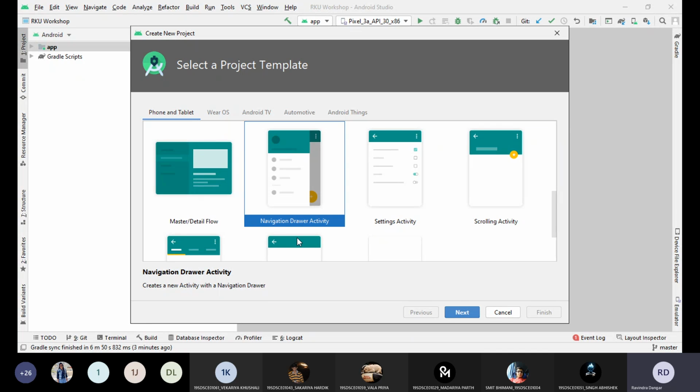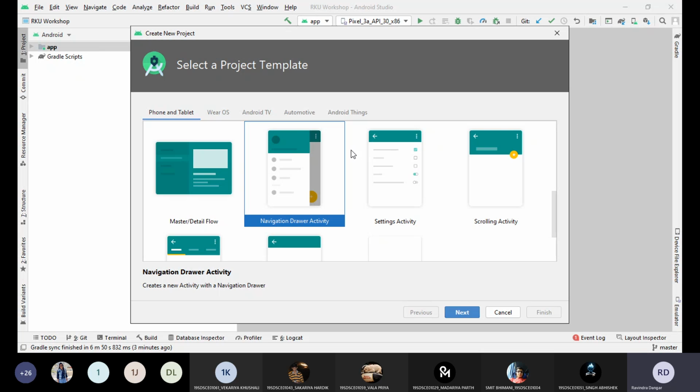So if you want to design a navigation drawer and put various options in it, you don't need to write the entire code. Simply select this activity and everything will be ready. You just need to rename it as per your requirement and modify the code. Even with minor changes, your application gets ready.